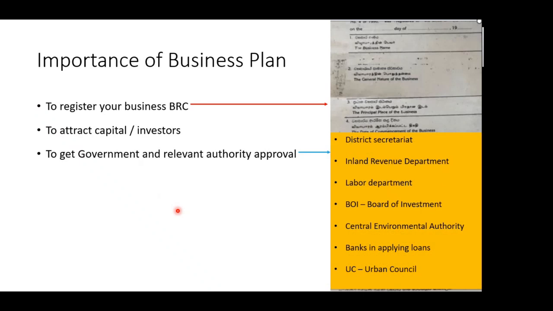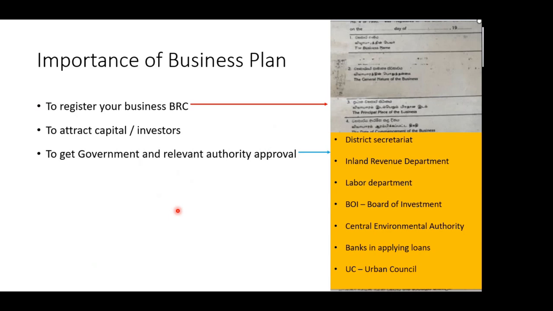The district secretariat, as I said earlier, in registering your business, and we have to register with the Inland Revenue Department and Labor Department, or if you are operating in a BOI zone, then we have to get registered with the Board of Investment, BOI,